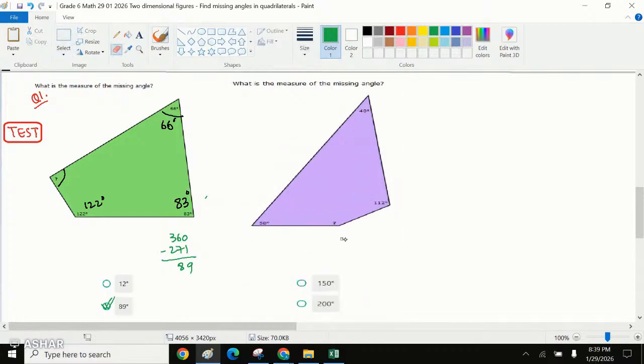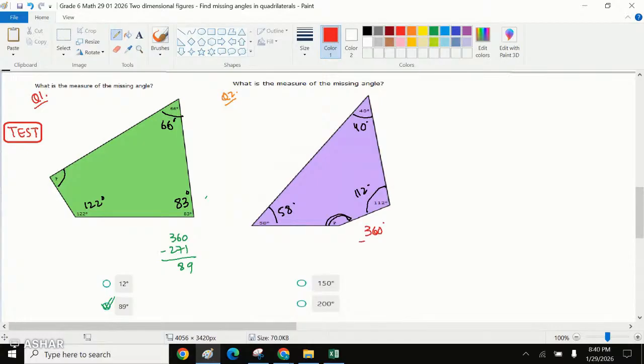Okay. What about the next one? Question number 2. If this angle was 58, this was 40, that means 90 plus 112. That means, and this is the missing angle. That means 360 minus 271. Okay, that is,